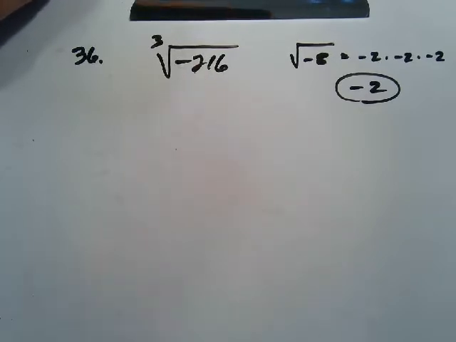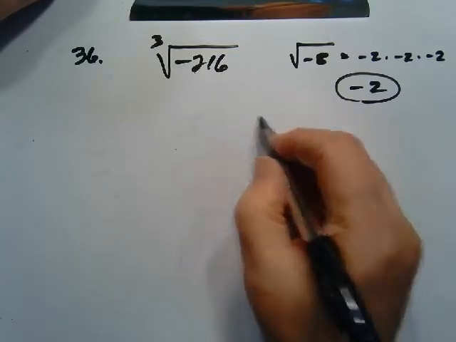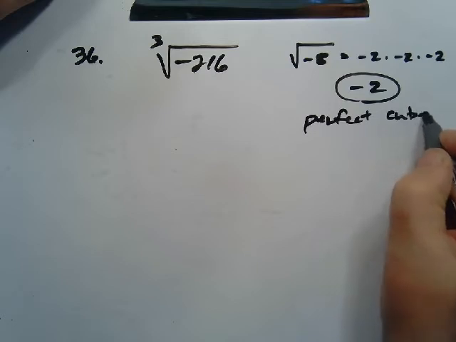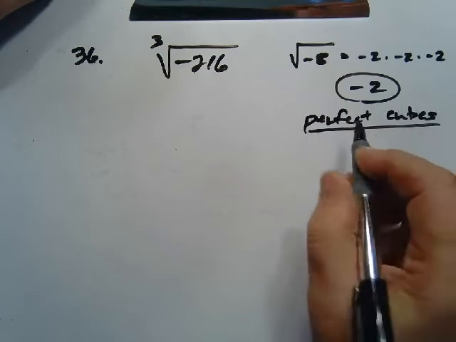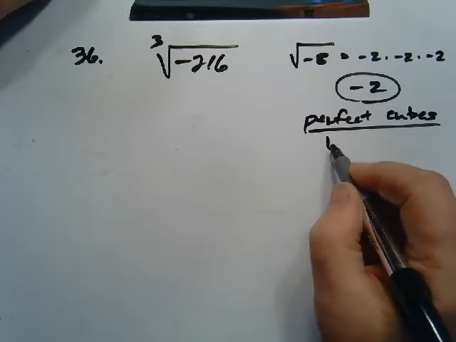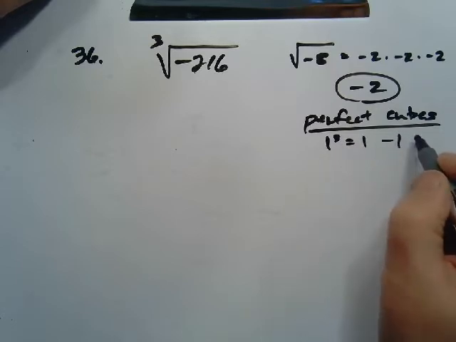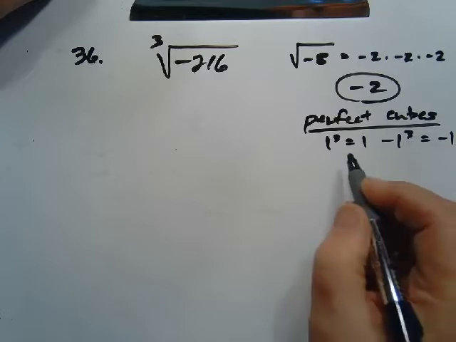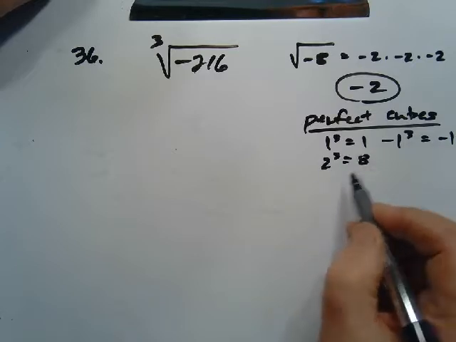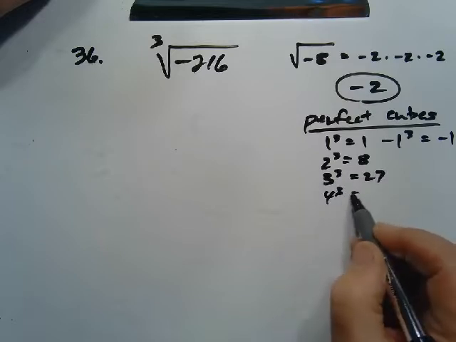So here's one where we kind of need to go through those perfect cubes. Let's make a list here again. This is probably a good idea to go through this list again. Perfect cubes. Well, 1 cubed is 1. And of course, if 1 cubed is 1, then negative 1 cubed is negative 1. 2 cubed is 8. 3 cubed is 27. 4 cubed is